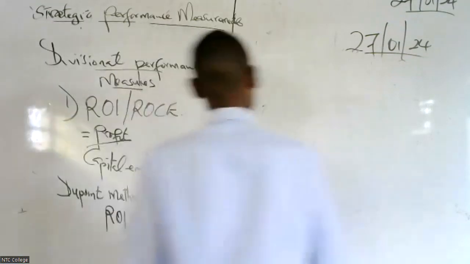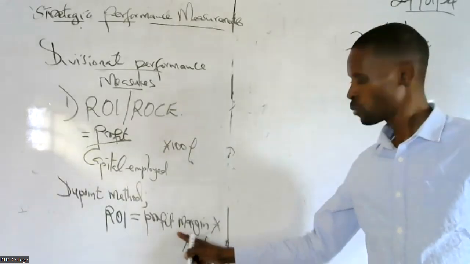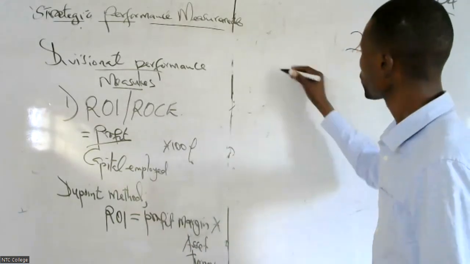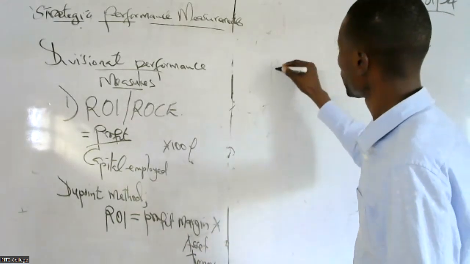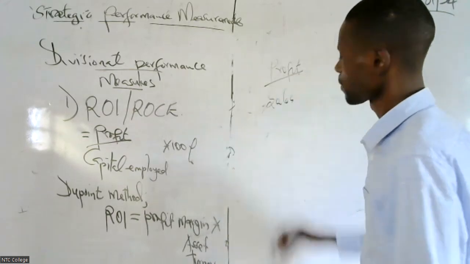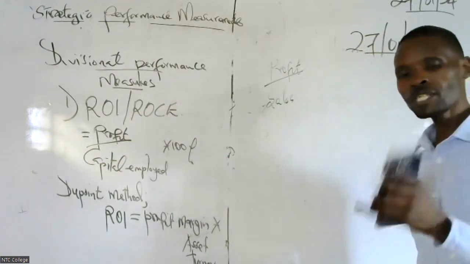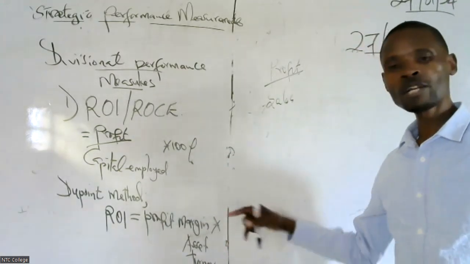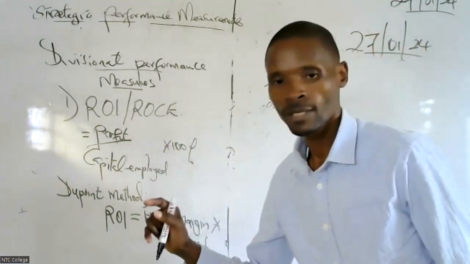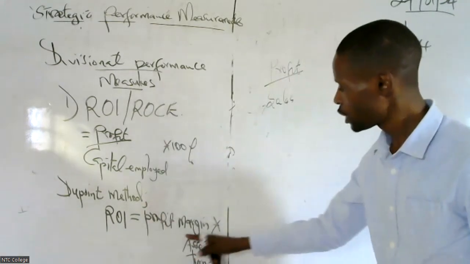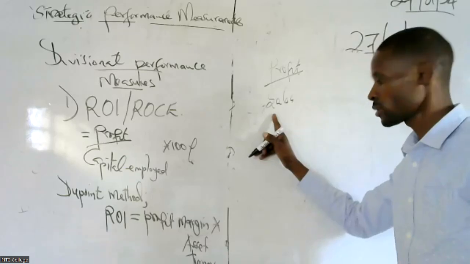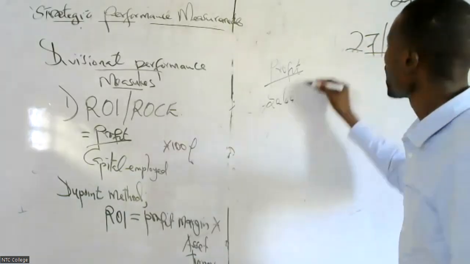So in that case, profit margin from financial management ratios, we get profit margin as profit divided by sales. Because there is a difference between margin and markup. Margin is applied on sales. Markup is applied on cost or cost of sales. So profit margin, I can also write as profit out of sales. Then I multiply